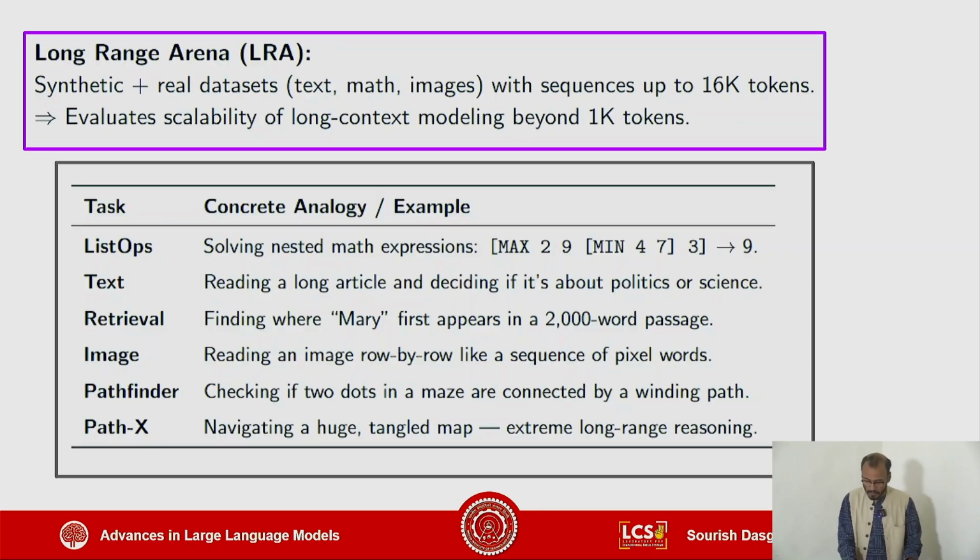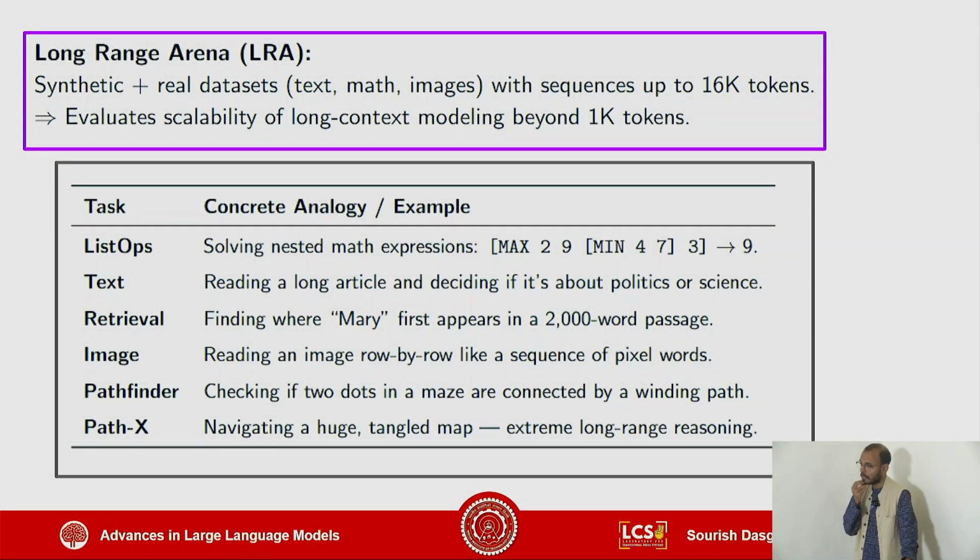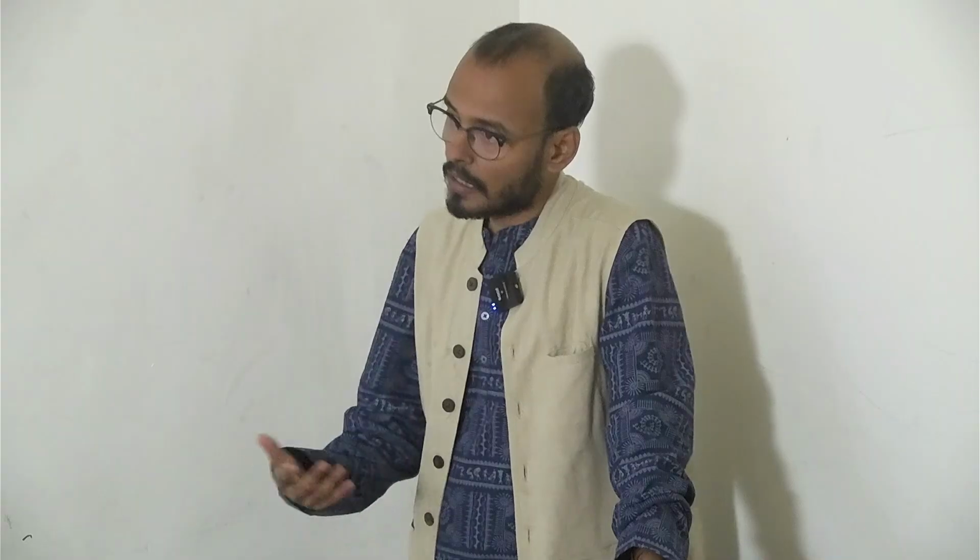We'll look into this long range arena. This is where things get a bit interesting on Monday, and then we will go into state space machines. We can think of state space machines and the modern versions as like a subsequence of Raku style models. Although it got a lot of traction, you will see, including at NeurIPS and ICLR and all, there are a lot of models in the visual and image processing domain which are taking Raku as an inspiration and then building on top of it.